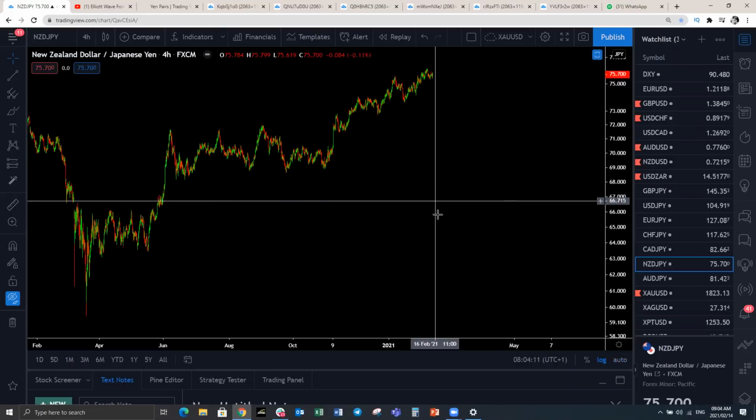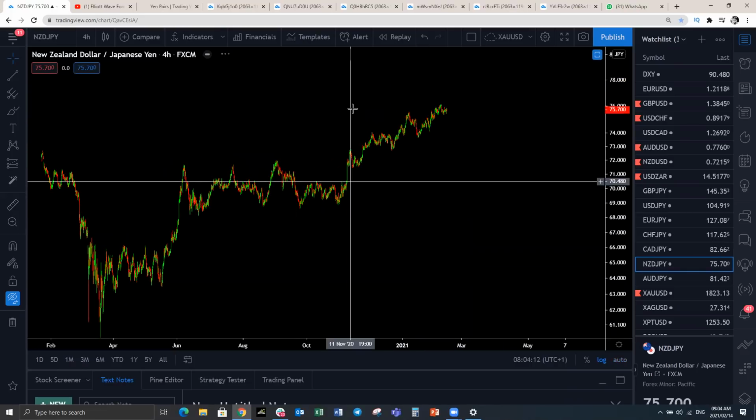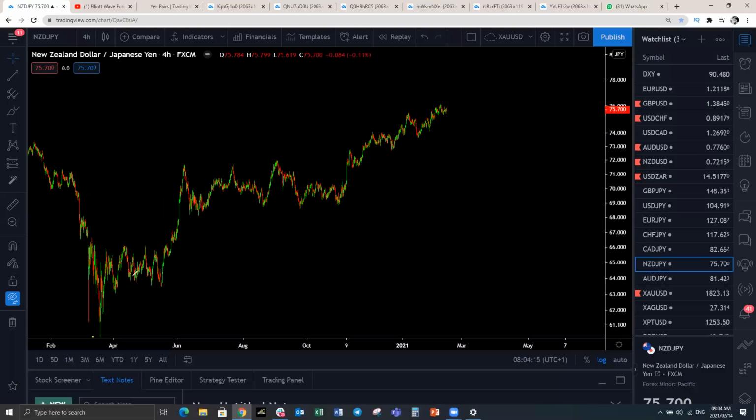let's have a look here. You can see on the 4-hour, similar structure to CAD yen. It's 3 waves to the upside. You've got these 3 waves as well, and now we're looking for this to continue higher. Even here, we're still looking for this to push higher. It has already made such a significant move to the upside, not so safe to be buying right now.